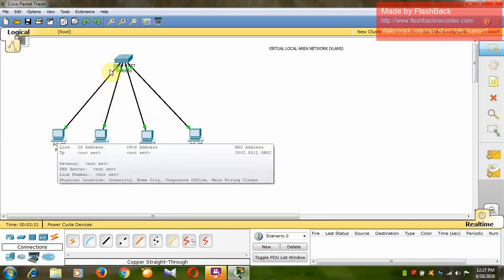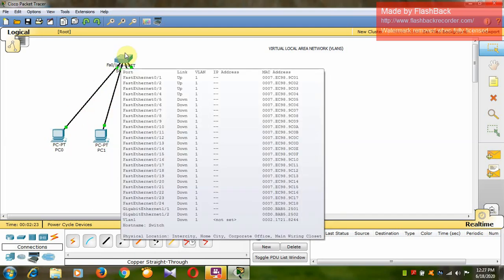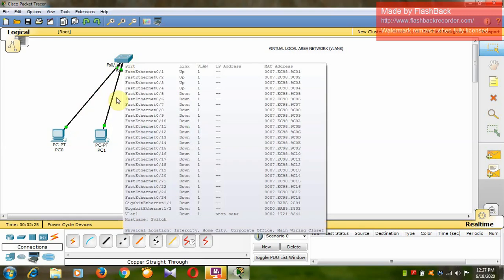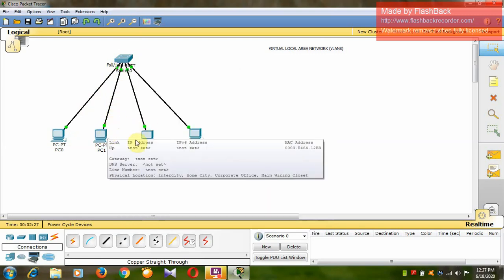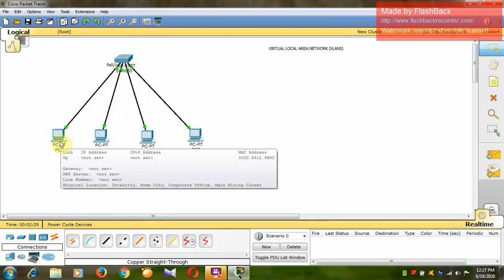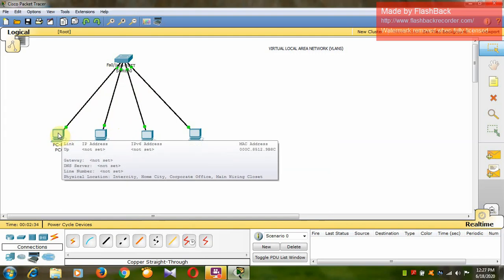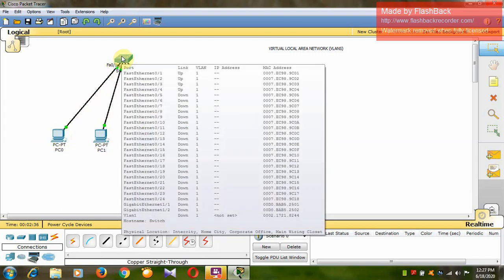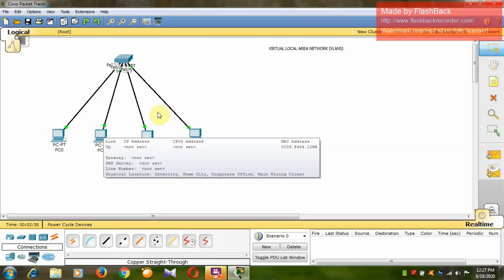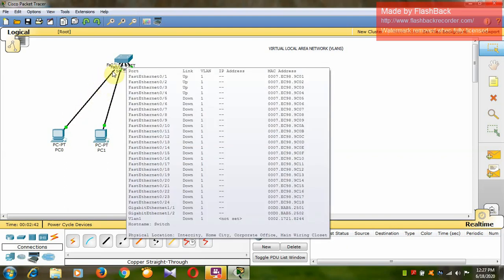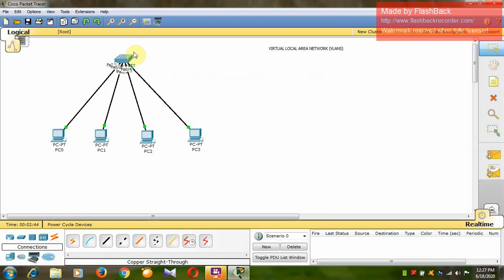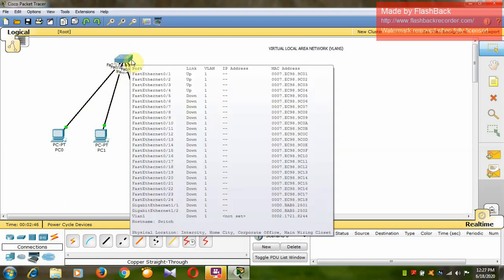Whichever frame comes to the switch will be broadcast to all the other ports. For example, if PC0 has sent a frame to the switch, the switch will broadcast it to all these ports except the port from which the frame has arrived. So the property of the switch is that it will broadcast the frames.